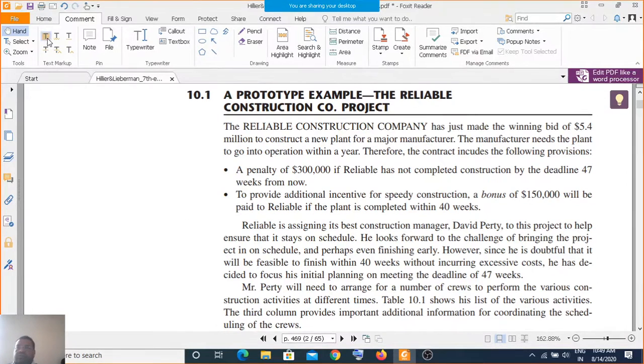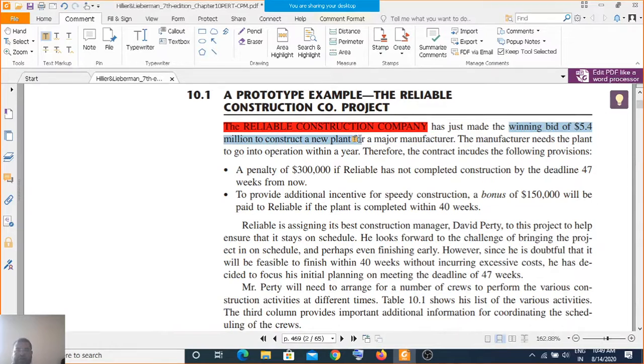An example company is given, the Reliable Construction Company, which has made the winning bid to construct a new plant for a manufacturer.